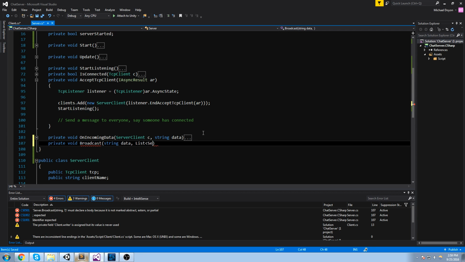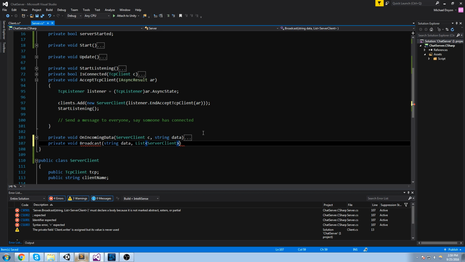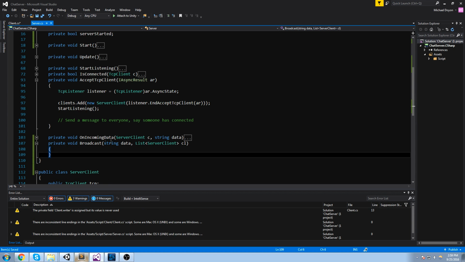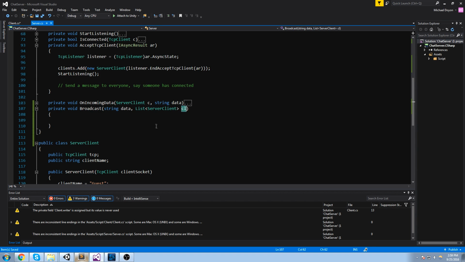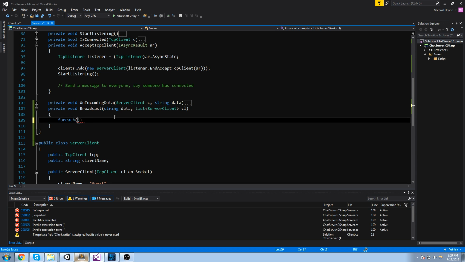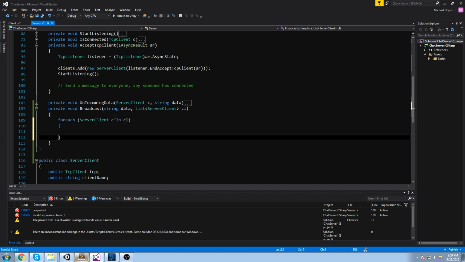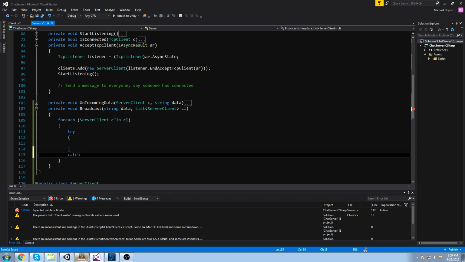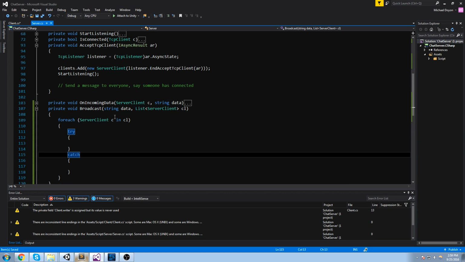And then after that, we're sending it to a list of clients. So we can decide whether we're sending it to only one person, two persons, three persons, like only people in a certain team. We can be filtering that by putting the right client in this list that we send. So for each server client, c, in client list, or CL for short, we're going to try and send those messages. Else, let's catch that exception